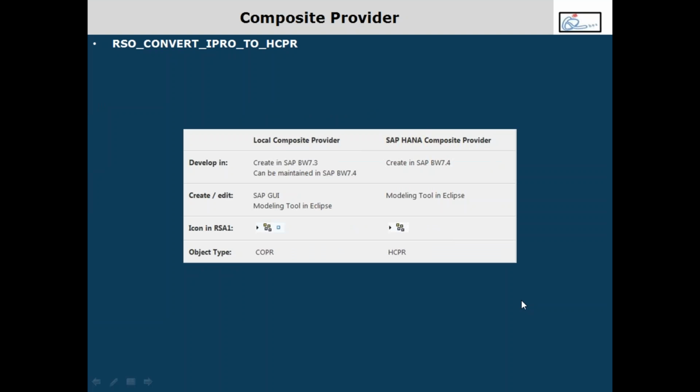So basically, in previous versions of BW prior to 3.1, we had multi-provider and InfoSet, multi-provider for union operation and InfoSet for join operation. And the performance of InfoSet was really bad because the join was getting executed at the application layer and the BW layer. So to overcome this limitation, SAP initially came out with something called local composite provider in 7.3,